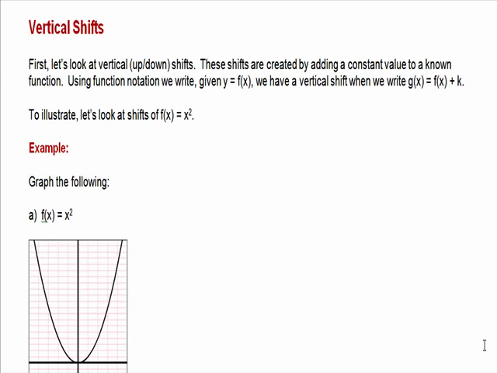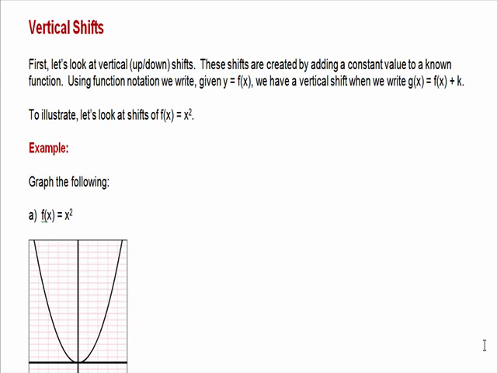We're going to begin by looking at vertical shifts. So first we're going to look at these vertical, or up and down, shifts. These shifts were created by adding a constant value to a known function. Using function notation, we would say, suppose we were given y equals f of x,